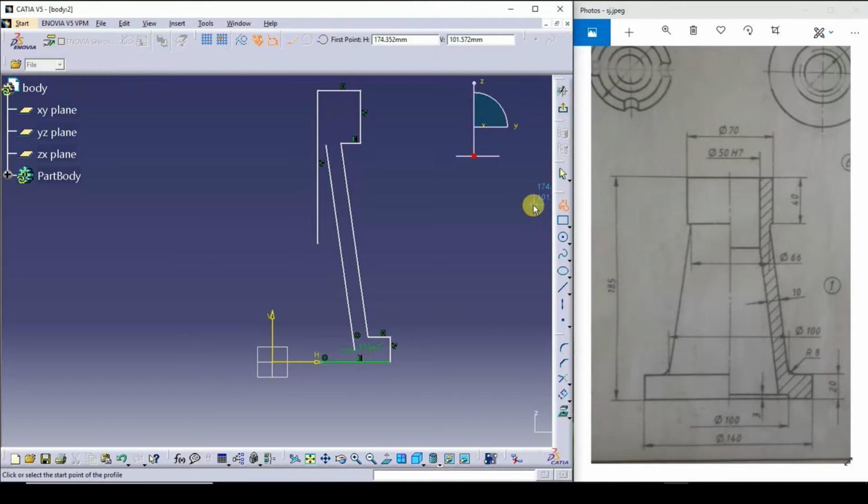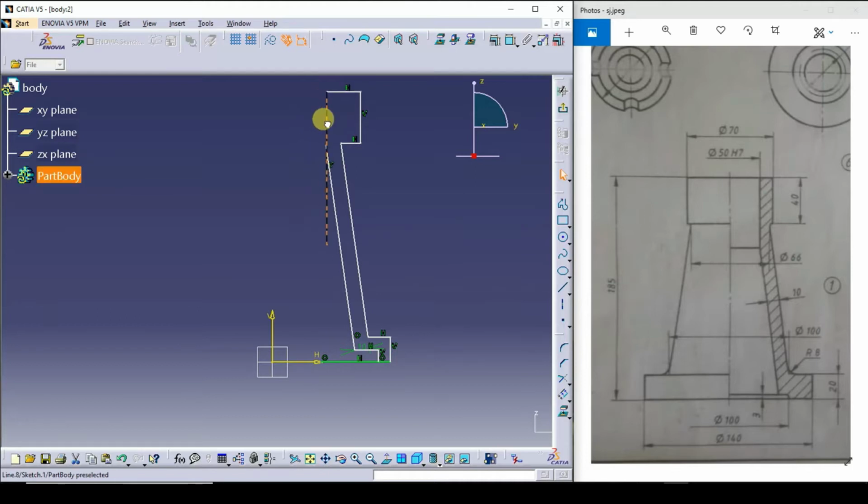Then I'll go for the profile command. Just I'll drag this a little bit here, like this.